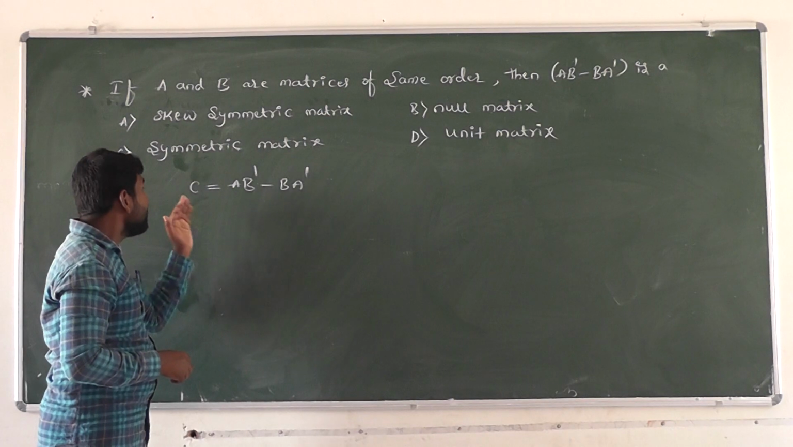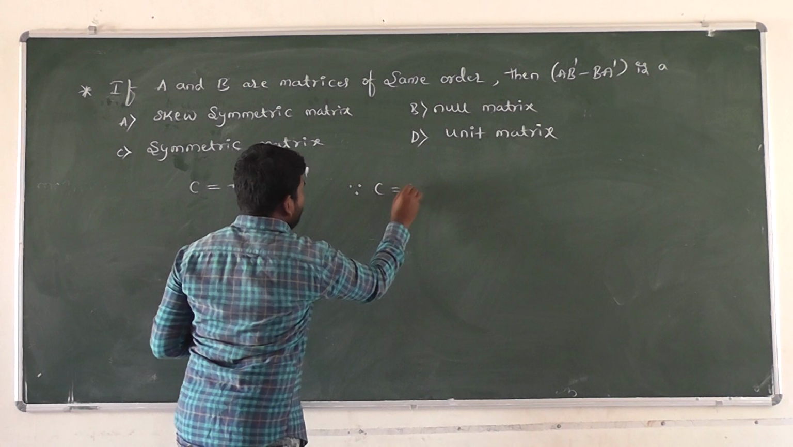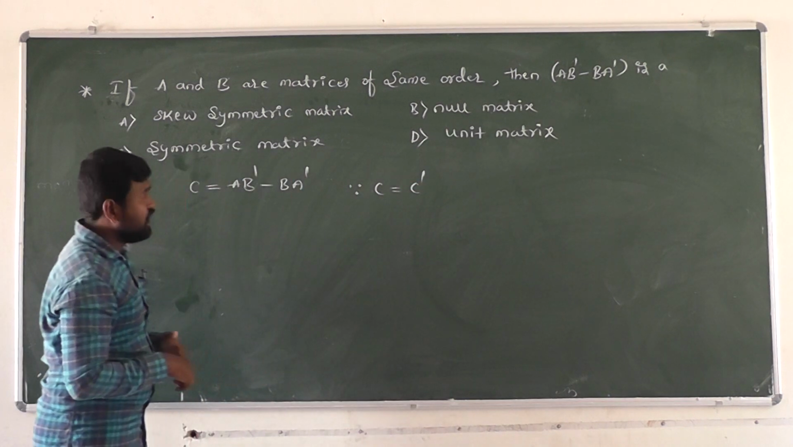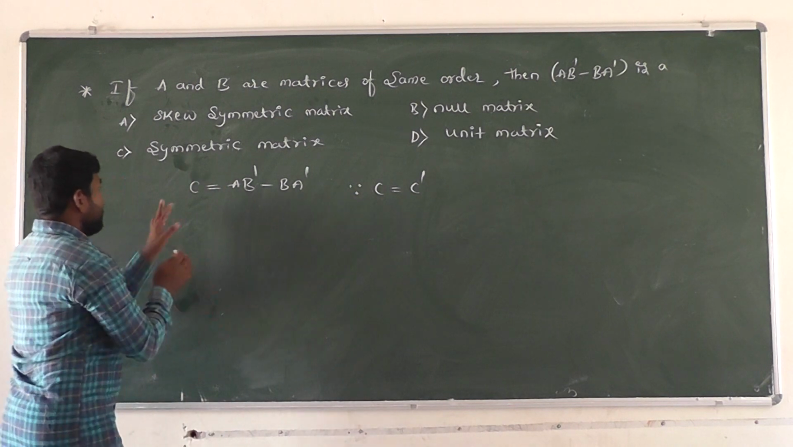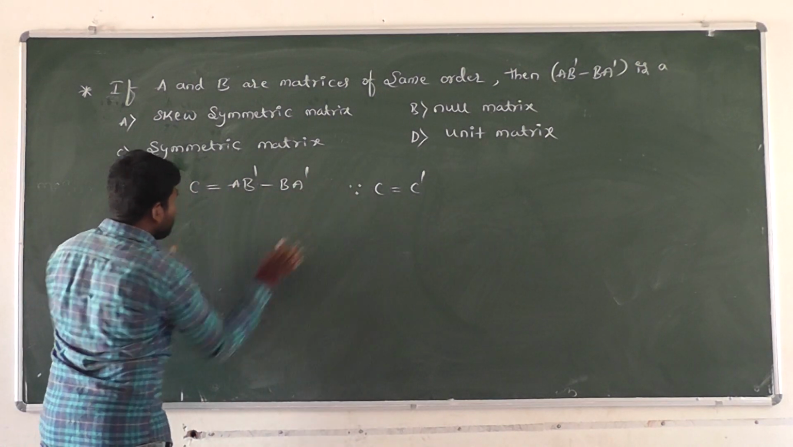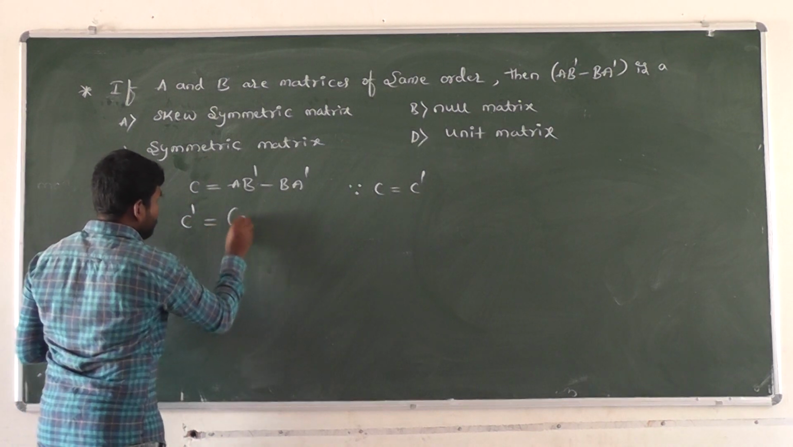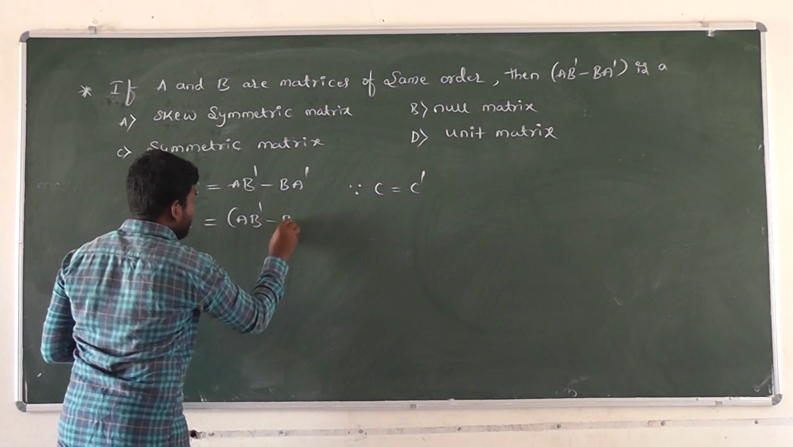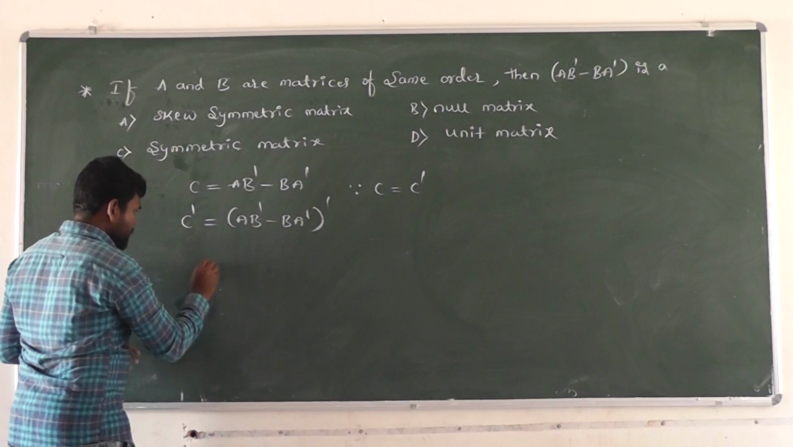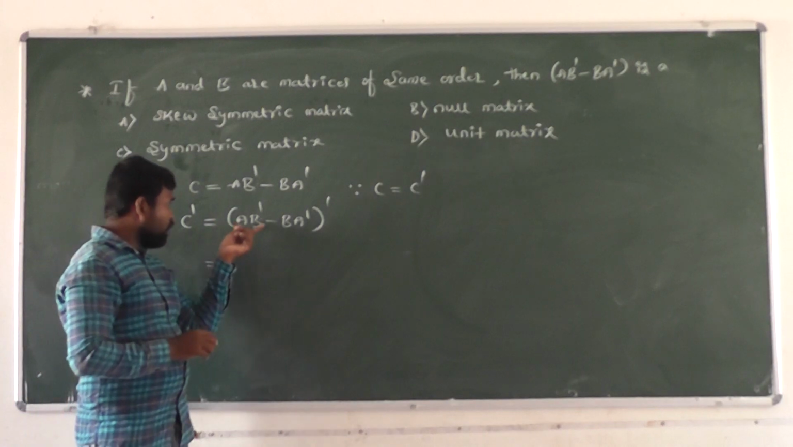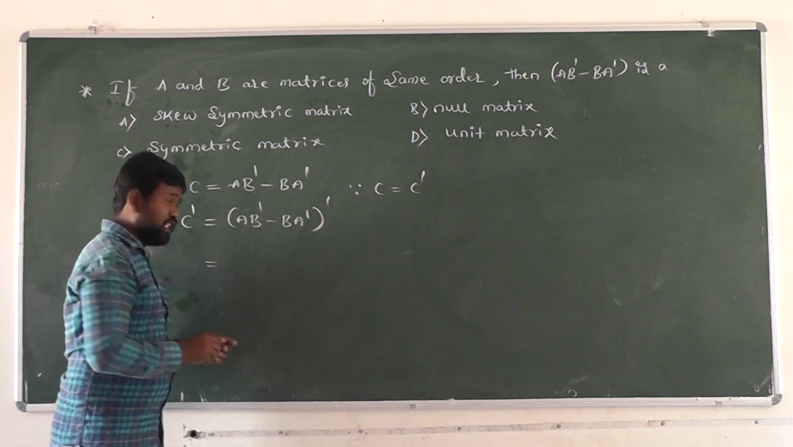What is the condition here? C equal to C transpose. Therefore, C equal to C transpose here, right? We have to take the transpose on both sides. Here C transpose is equal to A B transpose minus B A transpose, whole transpose, right? We consider this one as A and this one as B. A minus B whole transpose is nothing but